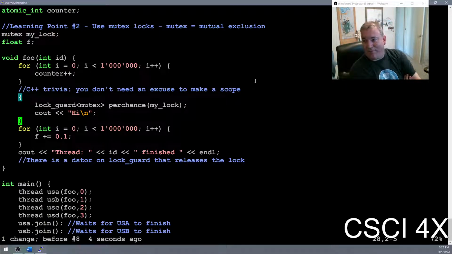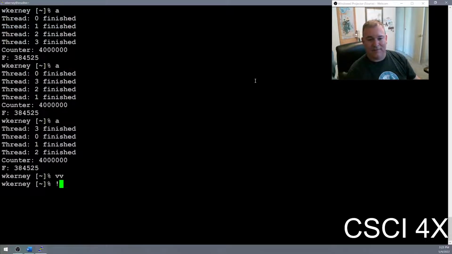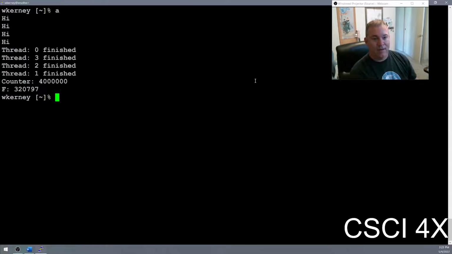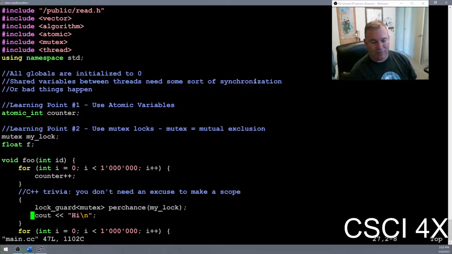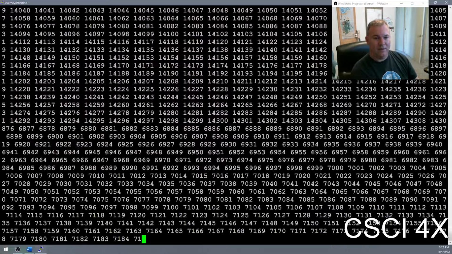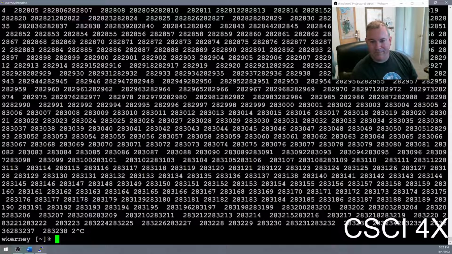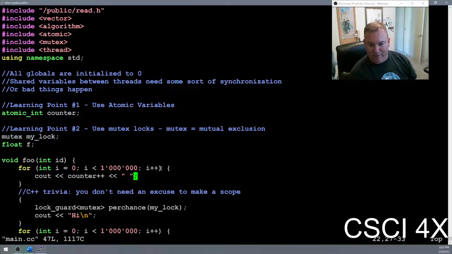Yeah, you just have a scope, like whenever you want. And so it just goes out of scope here. So this will prevent multiple threads from writing high at the same time. And in fact, high is not really a big deal. But if you were to do something like this, you can't really see here, but